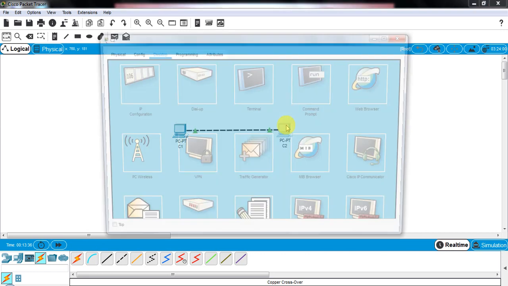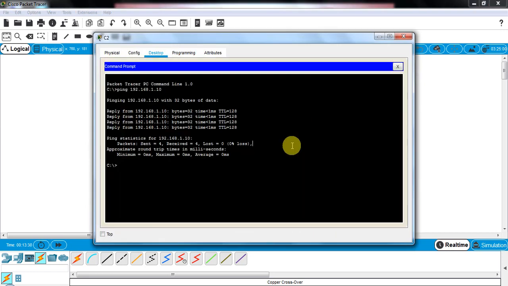Now for example, from C2, I want to check the connectivity of the first computer. Then as you can see, I will not get a ping response because the current IP addresses of computer 1 and computer 2 are not valid to form a single network.